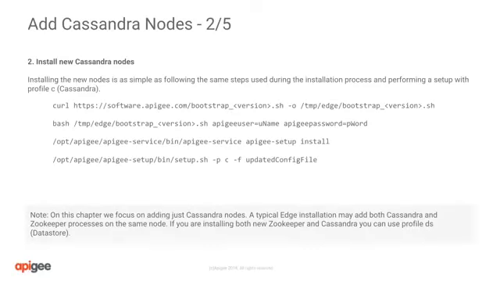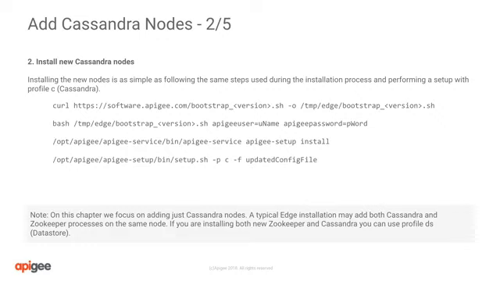To install the new Cassandra nodes, we follow almost the same process as we used during installation. We download the Bootstrap script, if we didn't keep a copy of the one used during our original installation. Next, we run the Bootstrap script, either by making the file executable with chmod, or, as in this case, prepending bash to our command. Once the Bootstrap script is run, we install Apigee setup using the Apigee service utility. And finally, we can run setup, passing in c, Cassandra only as the profile, and again providing the path to our new installation config file.